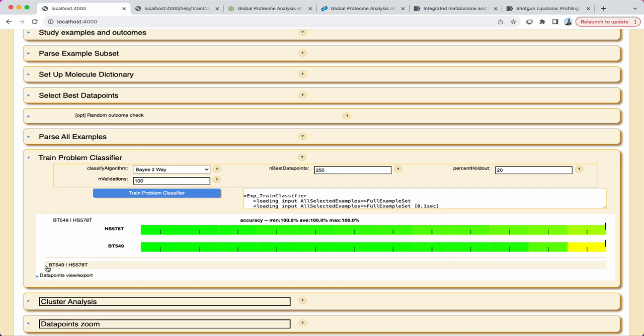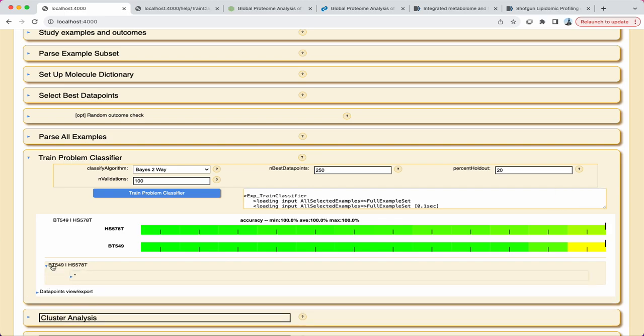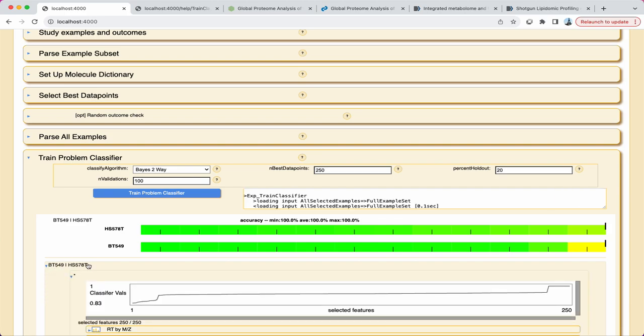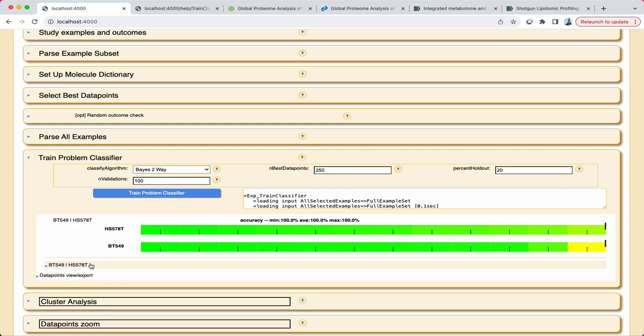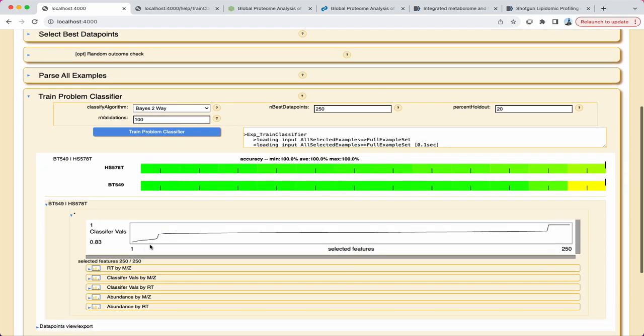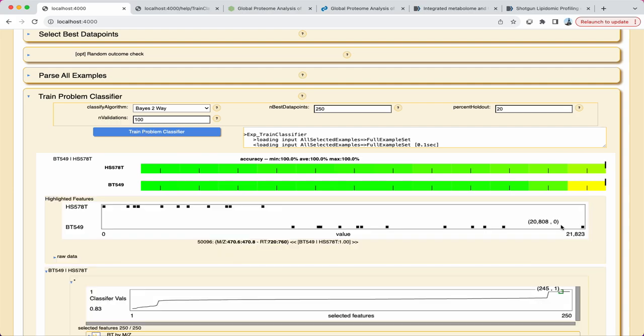Additional information is available by clicking on the comparison pairing listed below the classification bars. Here, each data point is ranked by classifier value or importance.